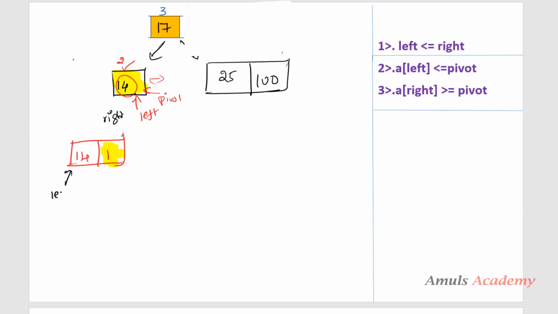This will be left and this will be right, because only two values are present, right? This is the pivot value. First I'll check whether 14 is less than or equal to 1. No, it is not, right? 14 is greater than 1. So I'll stop that and go to the right side. I'll check whether 14 is greater than or equal to 1. Yes, it is, right? 14 is greater than 1. So I need to move right towards the next value. So here, right will point here.